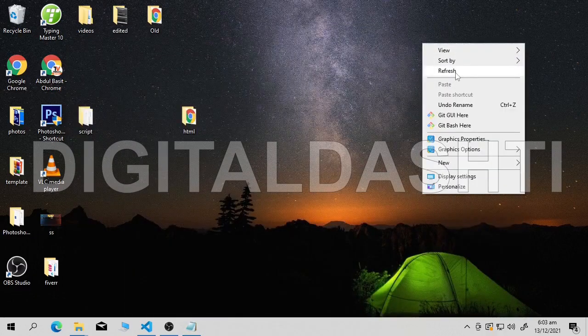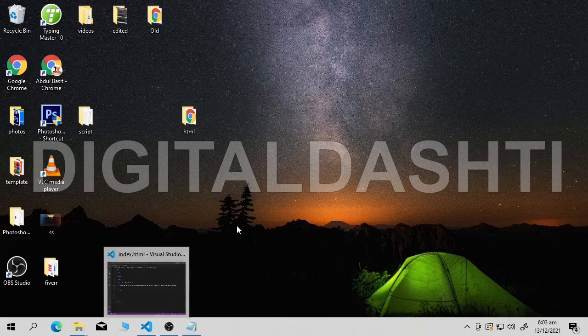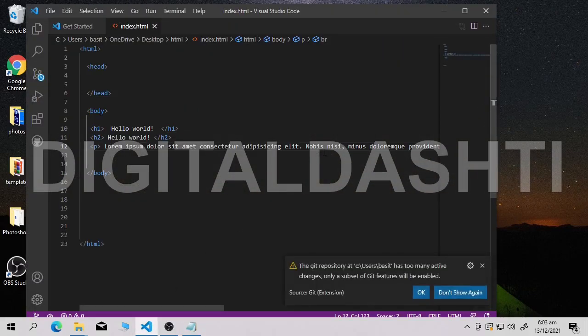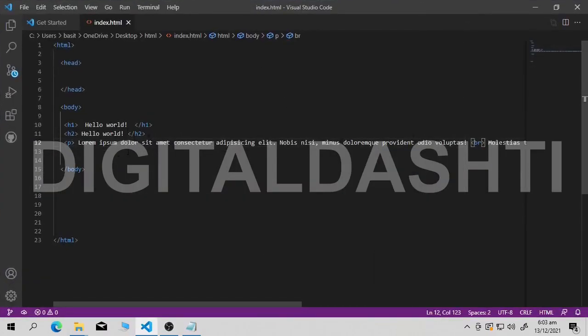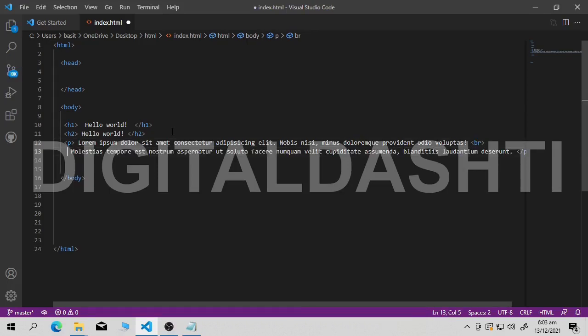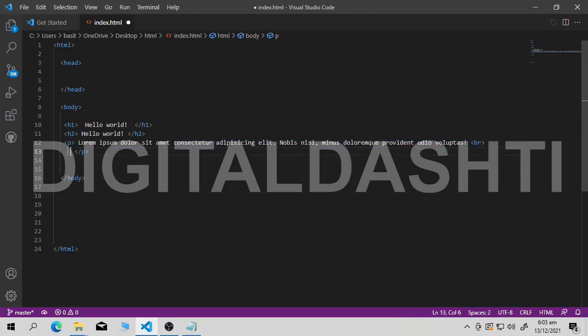So finally what you have to do, just open your code editor. Okay, and this is the code we had written in our last episode. This is our second class. Here we will cover those things I have told you. So what I will do, this is a very big paragraph, I will make it shorter. Fine. And I will delete these things. I want to make it shorter. And there's our BR tag. I will also delete our BR tag.